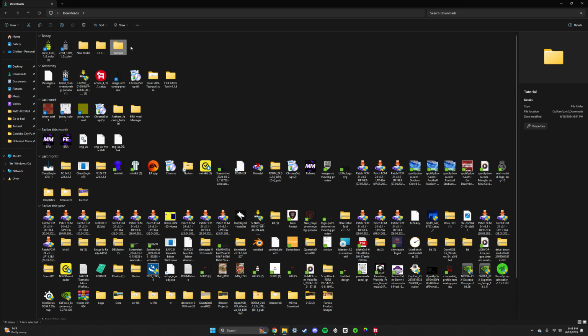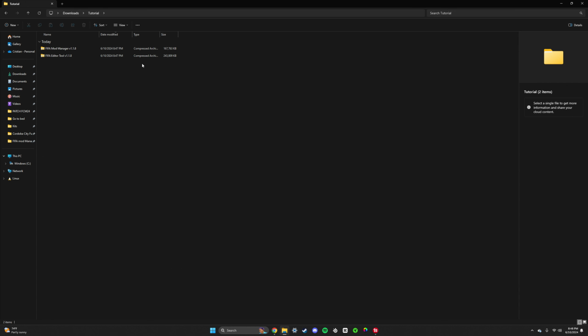Oh, I clicked the wrong folder. There you go. Oh, I renamed the wrong one. This is the folder you're gonna want to rename. Tutorial. There you go. Once you hop up in here, you're gonna see your 2 zip files, the one for the editor tool, the one for the mod manager. You can make another new folder and copy the name for each one into this folder because that's what we're going to be putting them in. So just come up in here, copy that name, paste that into here. You're gonna want to drag your editor tool and your mod manager into the respective folders that we just created, and then in each one of these, you're gonna want to